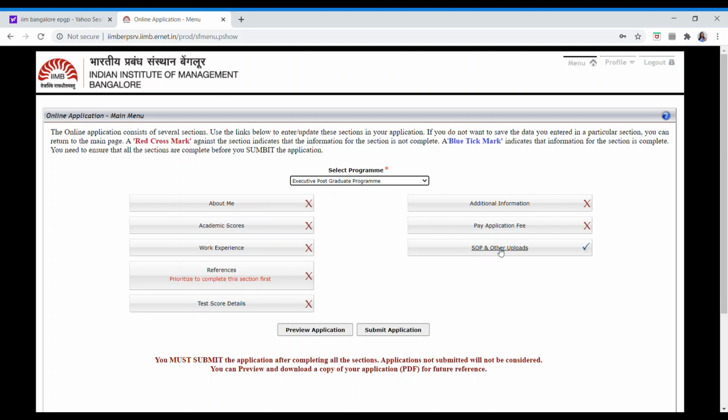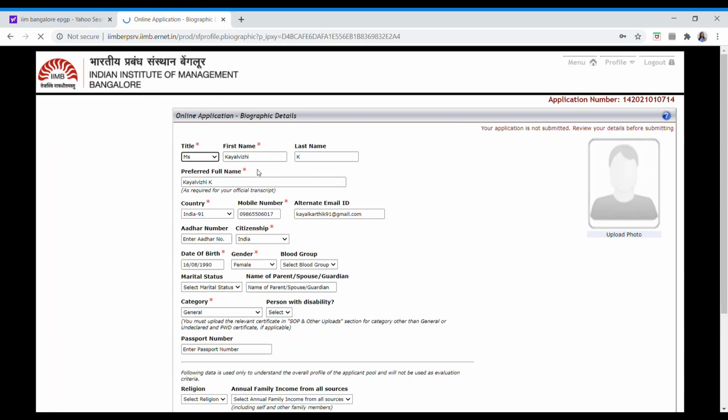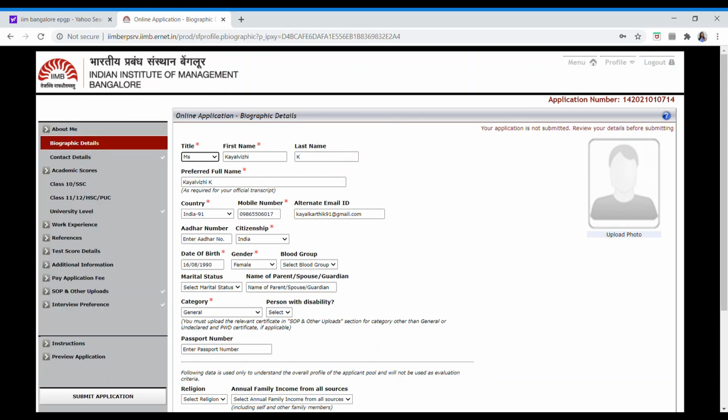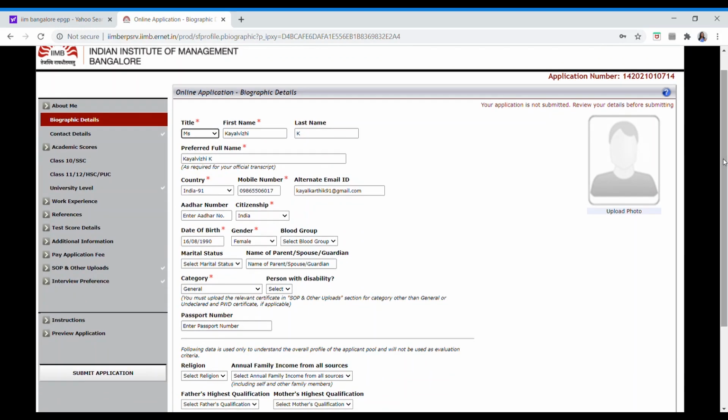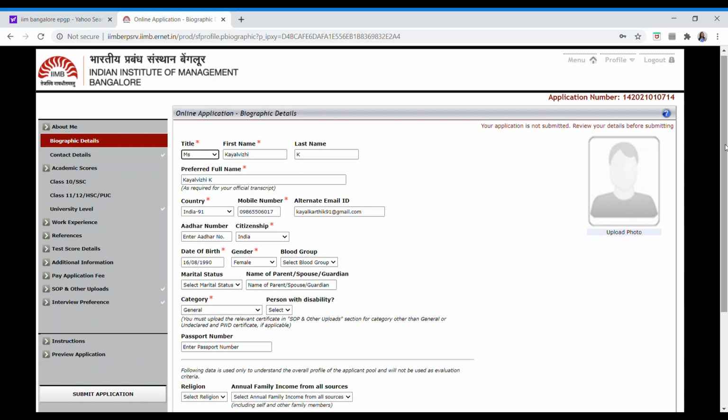So I actually uploaded my SOP before I could show you. I have filled in many details in all of these tabs also. So let's get started and get into the application. Okay. The first tab we are going to look at is the About Me tab. All the details are already pre-filled from the registration. But what I would advise you to do is, before you go ahead and look at all the details,